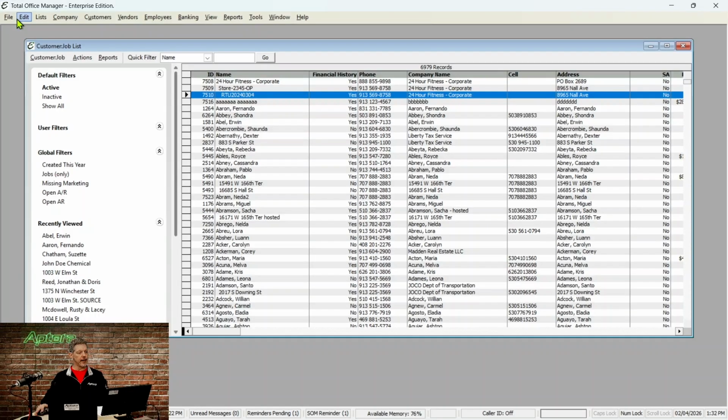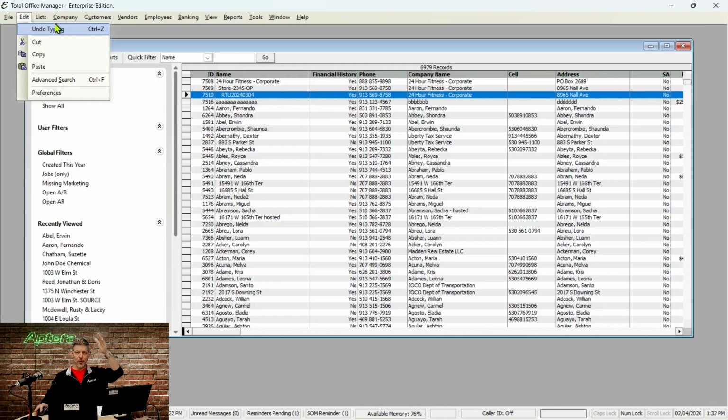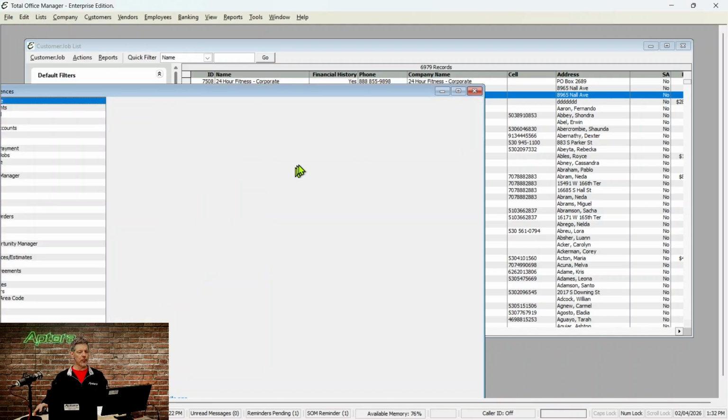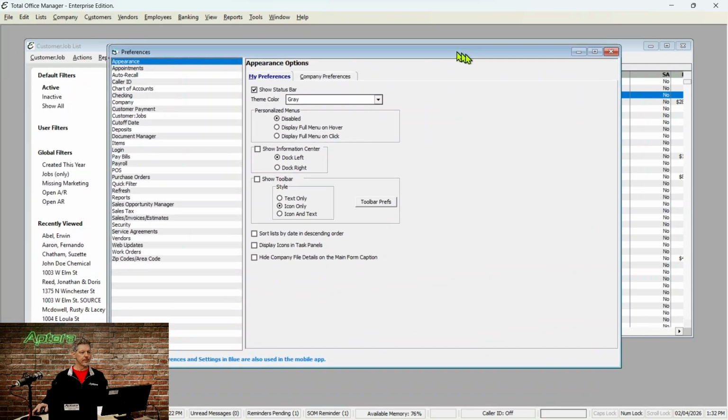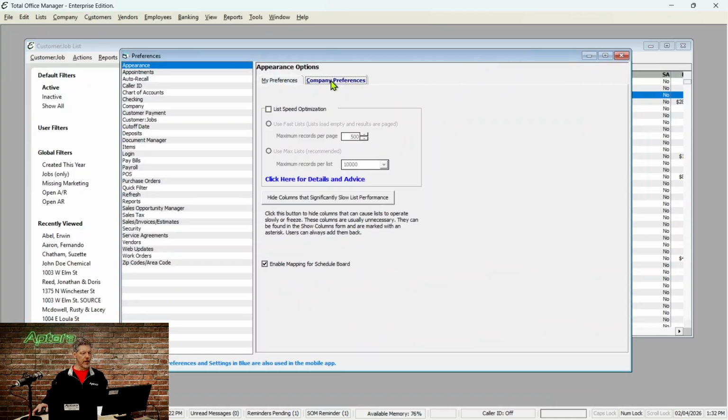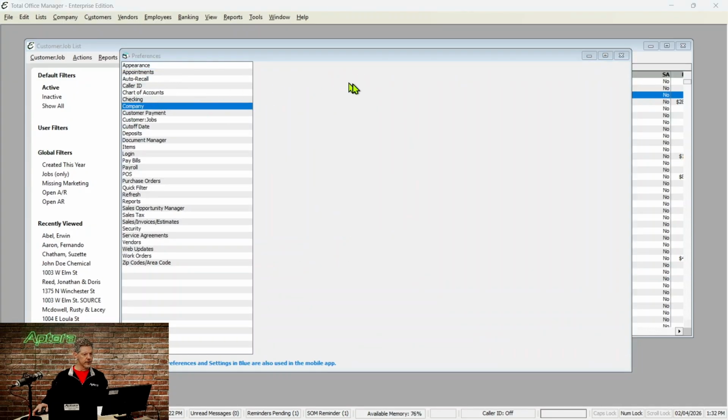Now, you might say, gosh, we have a lot of users in our company. It's going to take a lot of time to review those for just everybody, and every list has them. So the work order list has all these extra columns and the asterisks next to the ones that take a lot of time to calculate and so forth. You could go back to preferences here, and you will find in the various settings, let's see,